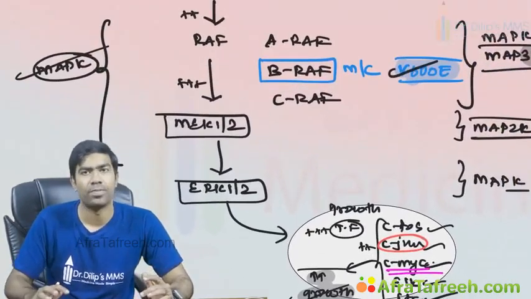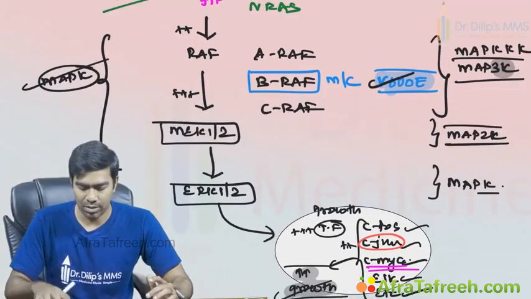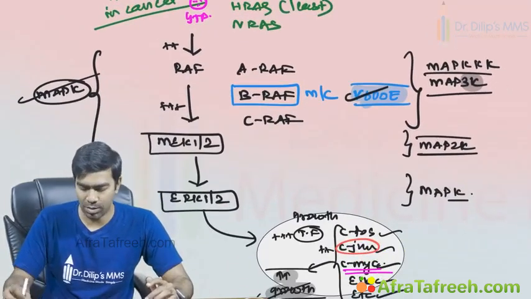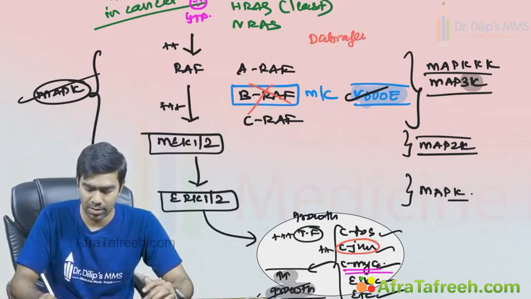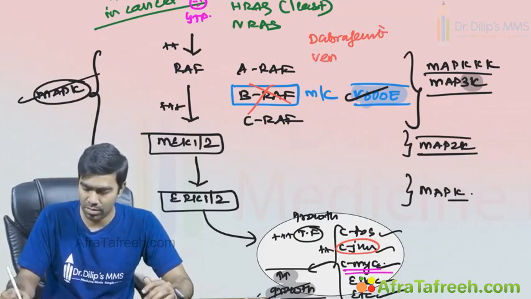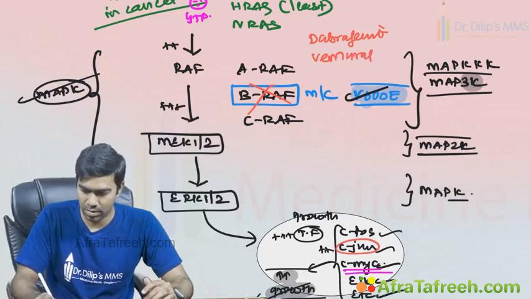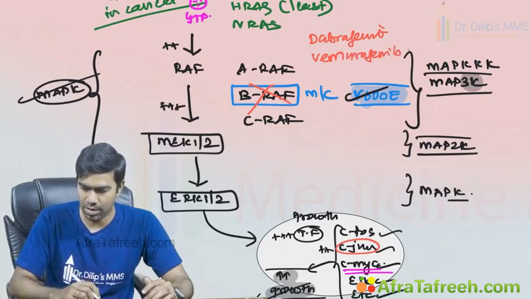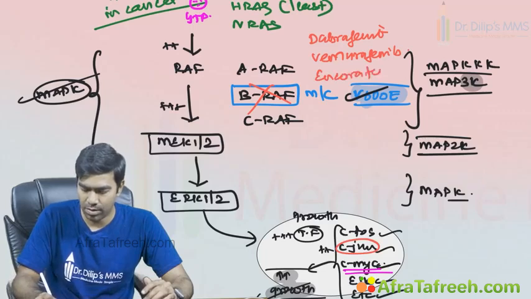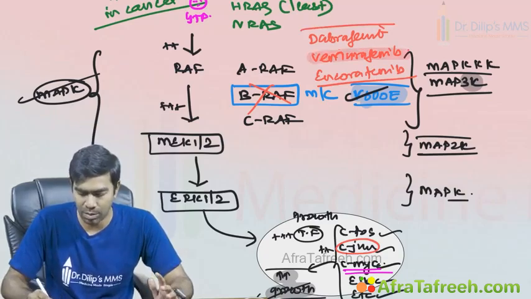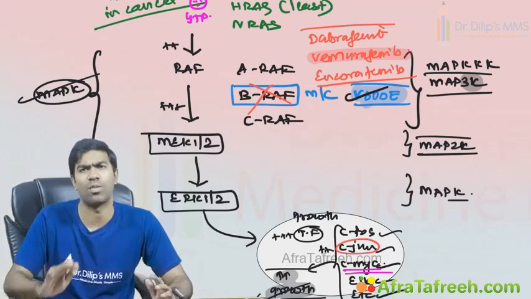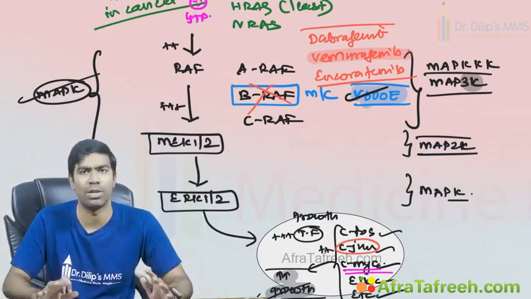Now you have a lot of BRAF inhibitors and you have a lot of MEK inhibitors also. For example, what are the BRAF inhibitors you have? What are the agents that you can use as BRAF inhibitors? The characteristic agents are dabrafenib, vemurafenib, and encorafenib. Clear? So these are the three characteristic BRAF inhibitors. In this, vemurafenib is very commonly used, and all these are approved for melanoma. Very important cancer, I told you. BRAF is equal to melanoma.